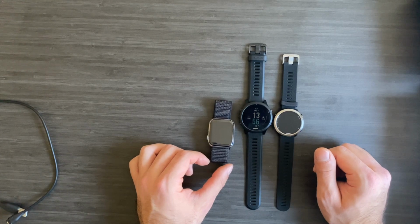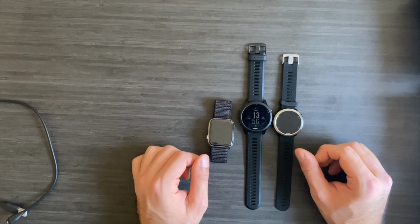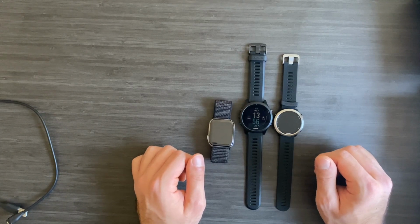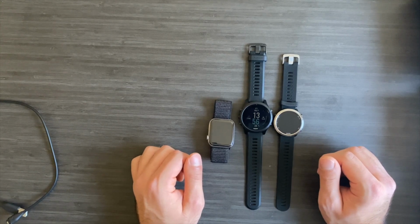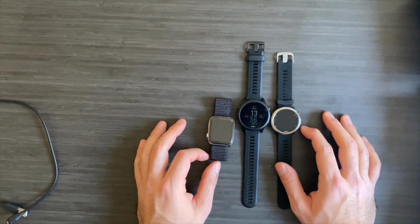When you stand up at the end of the lane, the Apple Watch will pause until you start swimming again. Versus the Garmin, you have to manually pause and resume the workout. It's not going to automatically pause if you just stand up at the end of the lane and don't mess with your watch. Why is this important? Well, it might throw off your average time per lap or average metrics. So that's something to keep in mind. It's a small difference, but